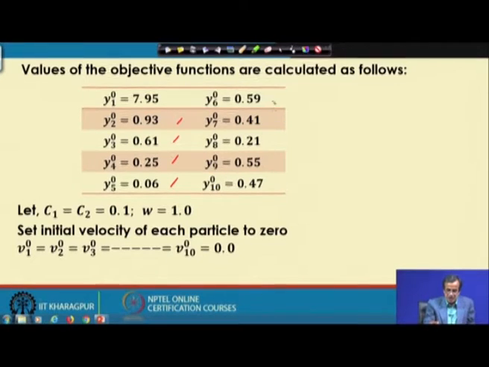Similarly, I can find out the other y values. Now, if I compare these y values, and this is a maximization problem, then corresponding to the first combination of the design variables, I am going to get the maximum value for this objective function, and that is nothing but 7.95. So, I can find out what should be the combination of the design variables.